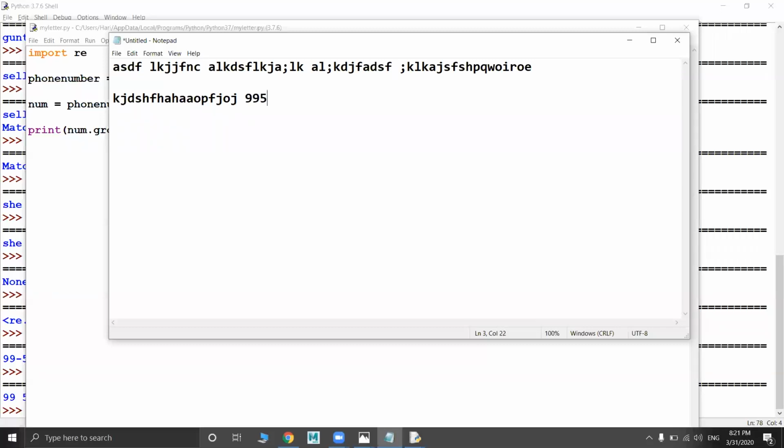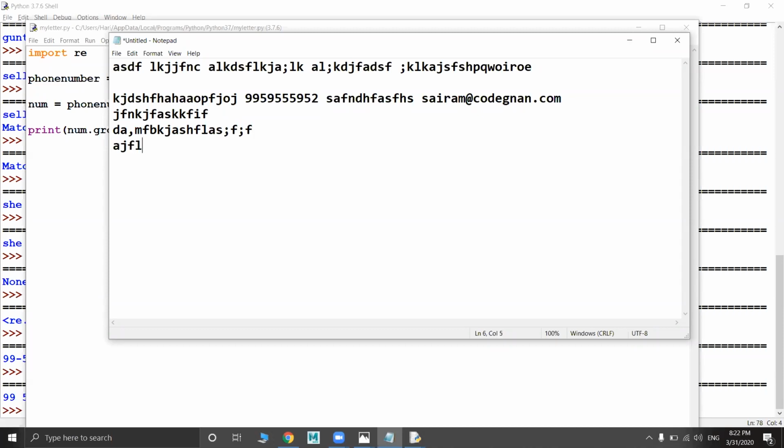In the middle, I am writing the phone number. Here I am writing my email. Okay. And then I am writing something. It may be anything.